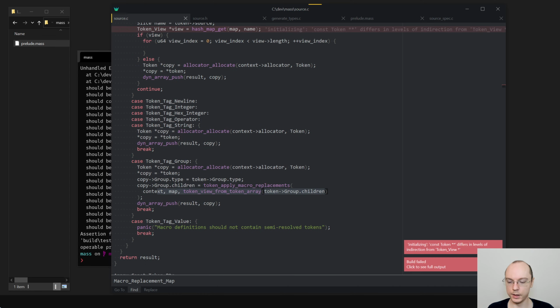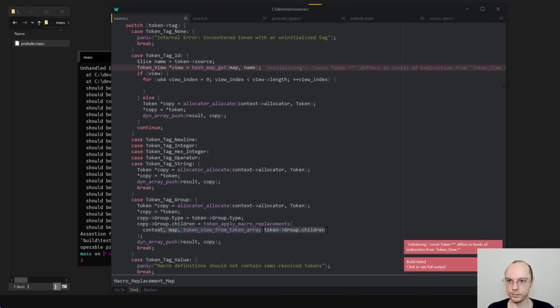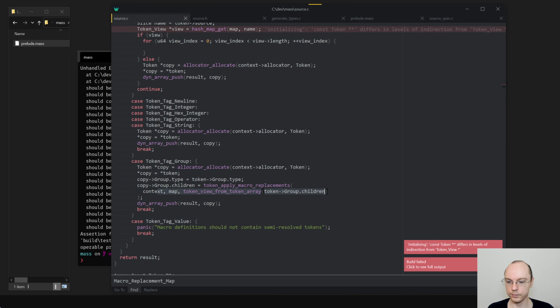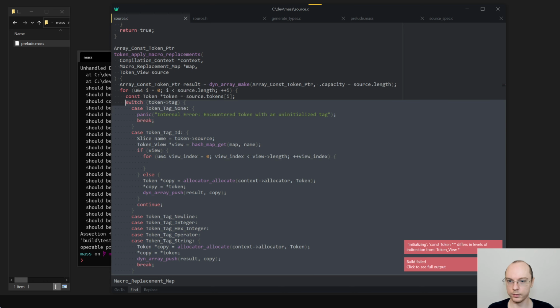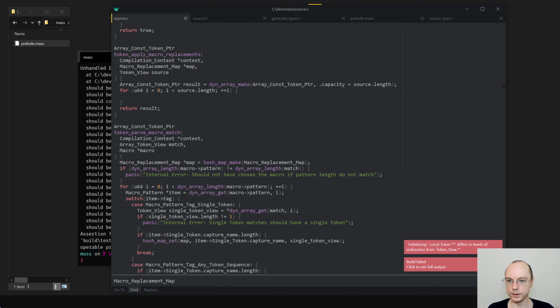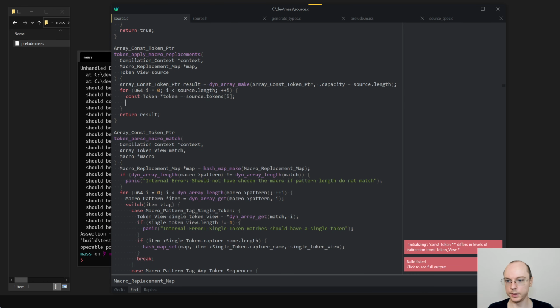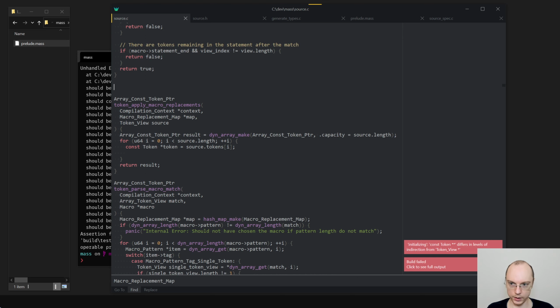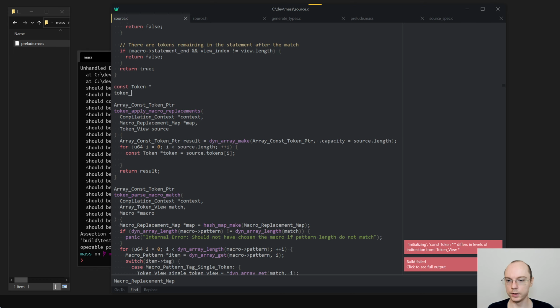Okay, this goes out, I guess. And we say const token star token do apply macro replacement.